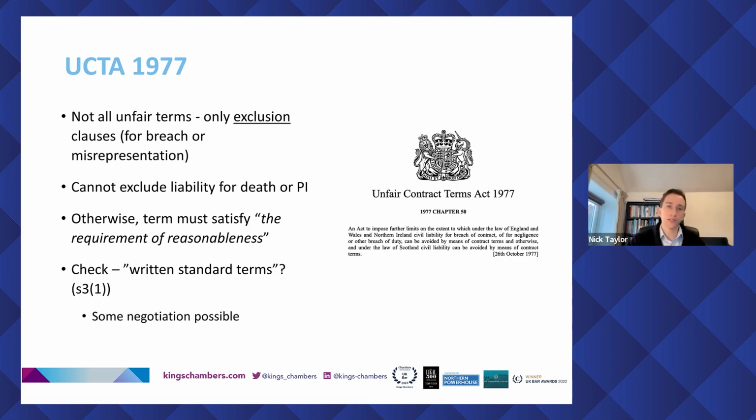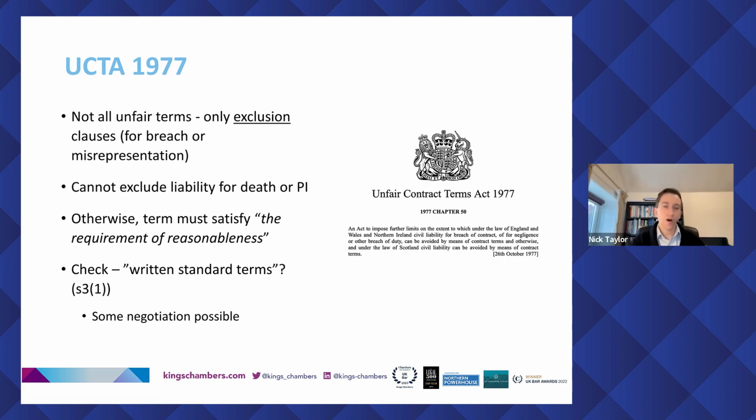So what does UCTA do? Firstly, as is well known, it entirely precludes contractual exclusion of liability for death or personal injury. Personally, I've never seen a clause which purports to do that, even in practice, but that's quite easy. The rest of UCTA effectively prevents parties from excluding liability for various things, being negligence, breach of statutory implied terms, and contractual liability which is excluded pursuant to some written standard terms. Unless, and that 'unless' does a massive amount of work in this statute, the term satisfies the requirement of